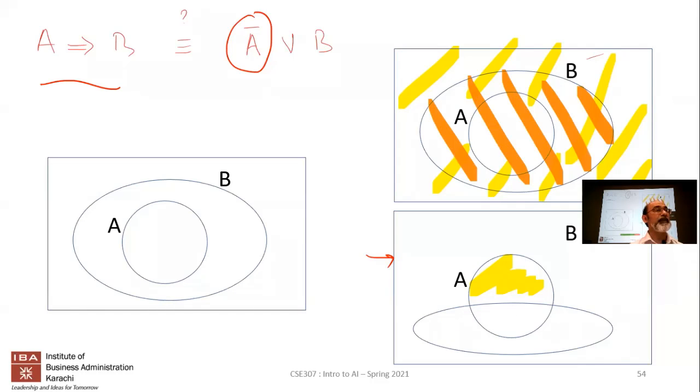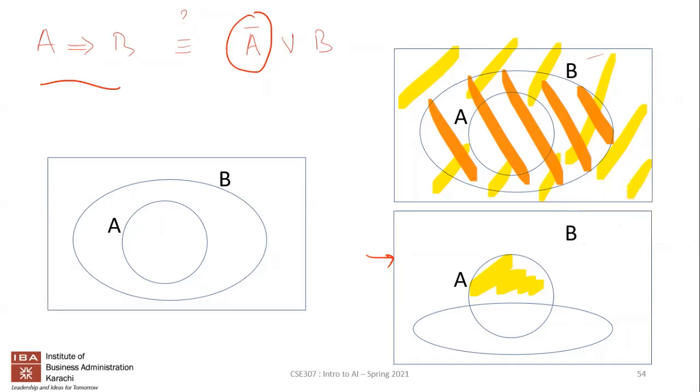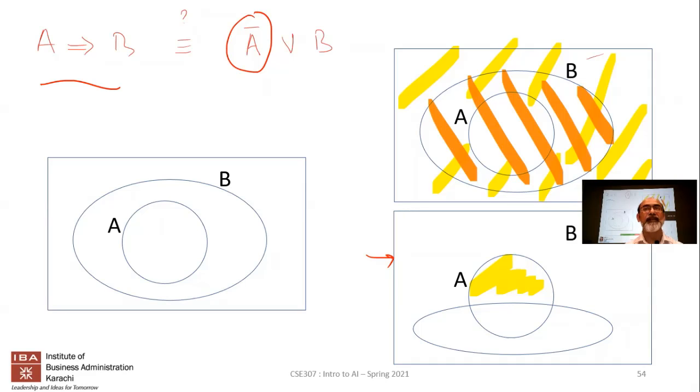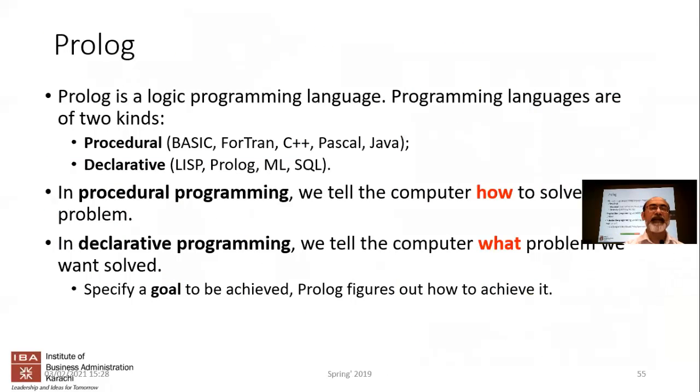This yellow part will be left out. So in other words, this will not always be true. This sort of making the equivalence between these two, you can see that in one, the left-hand side sort of implies the right-hand side. Okay, anyway, so this was a little bit about